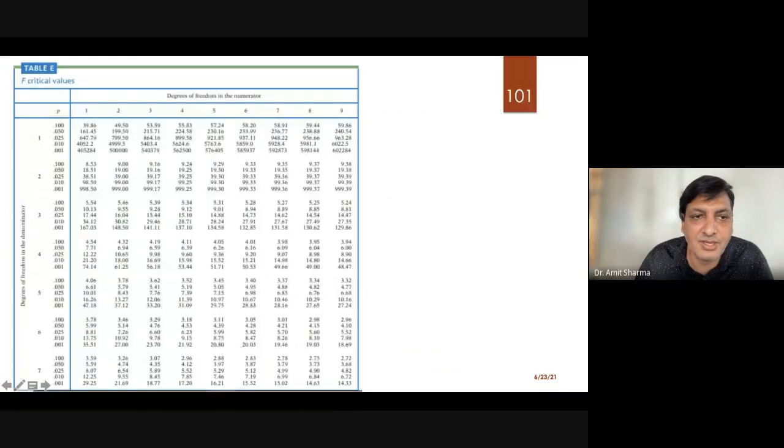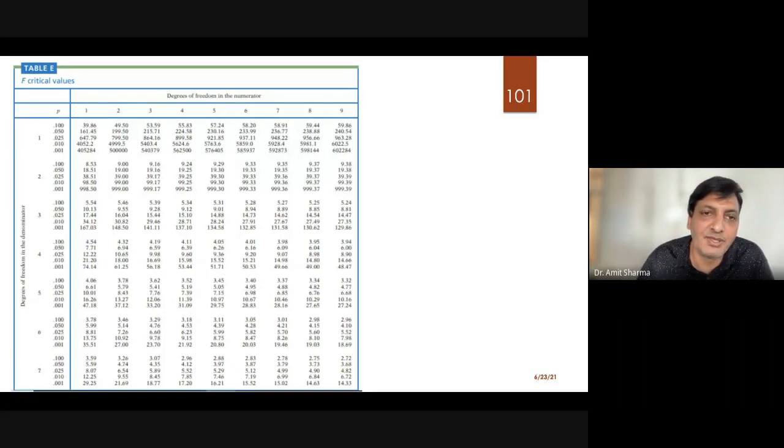It is not necessary that the ANOVA F critical table is only this much. Actually this table has around 20 pages, because it is not necessary that you will get a numerator till 9 or denominator till 7. You can get a numerator till 100, and even the denominator till 100. So that will be given in page numbers 2, 3, 4, 5, 6, 7. I have just taken a screenshot where my numerator and denominator were falling in page number 1.